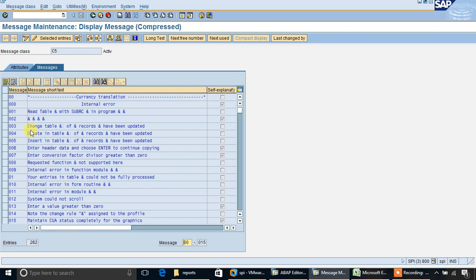We can use this message class. You can use the number C001 and it will print as read table, means this message description will appear. So we can create our own message class.